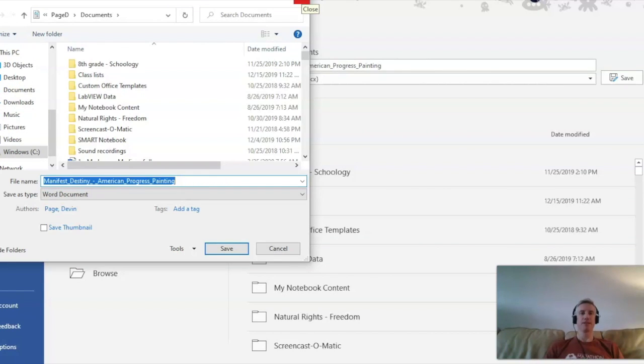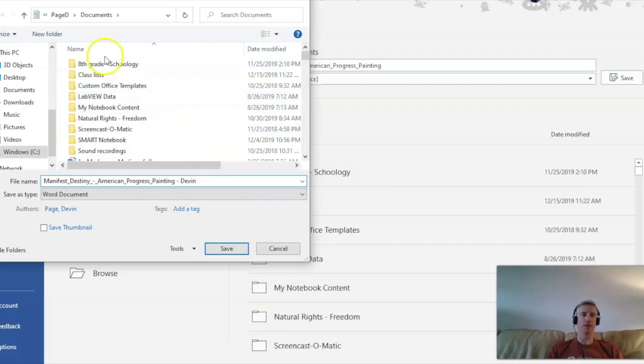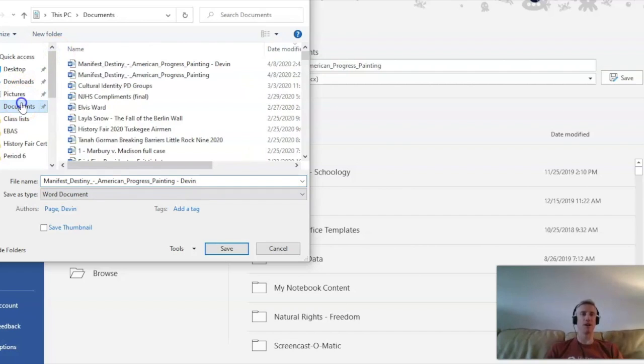Okay, so now you see here is where I can change the file name. And what I do is I put the cursor at the end of the file name, hit space, put a dash, hit another space, and then I type in my name. And I also want to make sure I'm saving it in a certain folder. So up here it says Documents, which is the Documents folder of the computer. But just because I want to make sure, I actually try to find just the Documents folder, and I double click on it to make sure that it's This PC Documents.